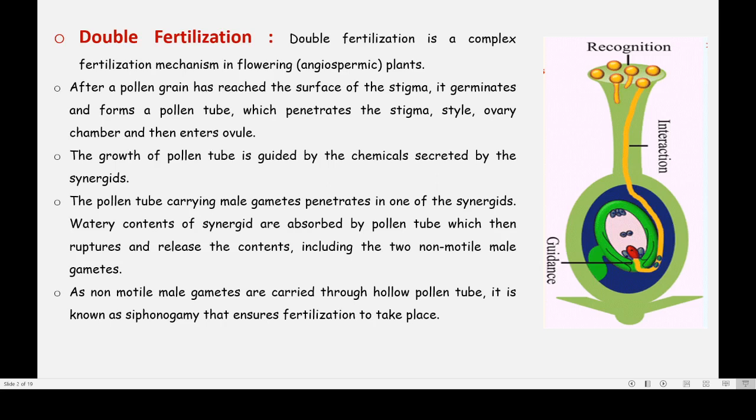And now this is the second type of fertilization that is taking place in angiosperms. So one was the fusion of male and female gamete resulting in the zygote, and the second one is the fusion of another male gamete and polar nuclei. So this is how fertilization is taking place twice, and that is why it is called double fertilization. After this process, slowly the synergids, like one was remaining here, and the antipodals degenerate or disintegrate.